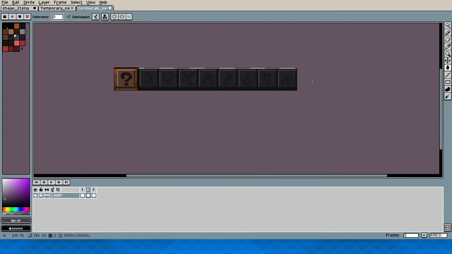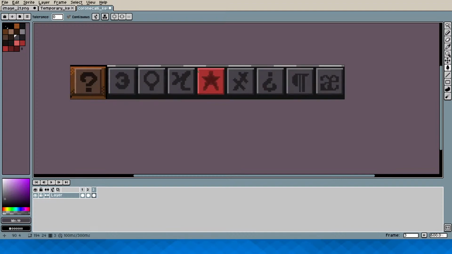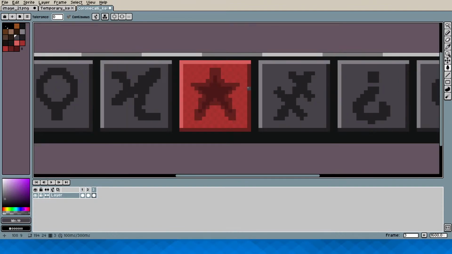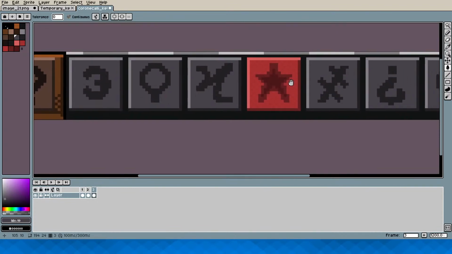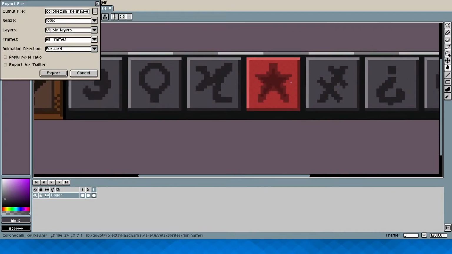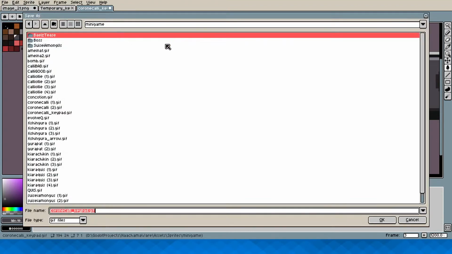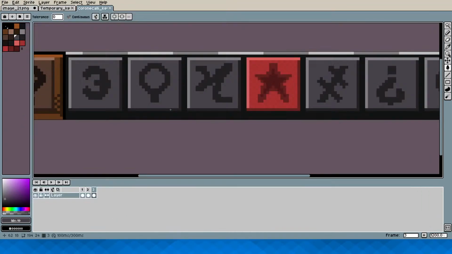Okay, now we have pressed versions of all of these buttons. And now I should create the red lit up version of the buttons. I should save this actually. Let's save this as a sprite file. Alright.